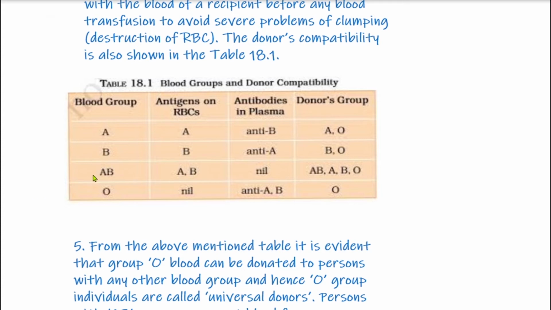And if a person is of blood group AB, meaning both antigens A and B are present over RBCs, then no antibody will be present in his blood, because both antigens will be recognized as self. None of the A or B antigen will be recognized as non-self, and so the blood of the person having blood group AB will not form any antibodies, so no antibody will be present in the blood of a person having AB blood group.